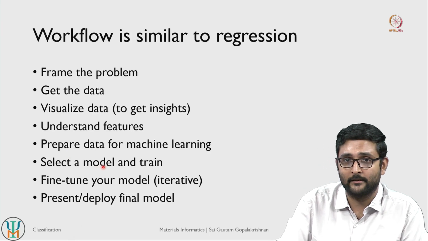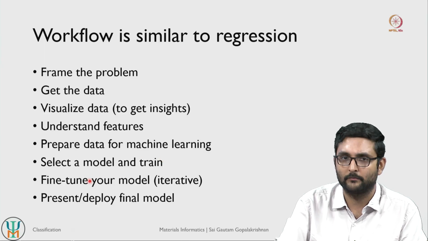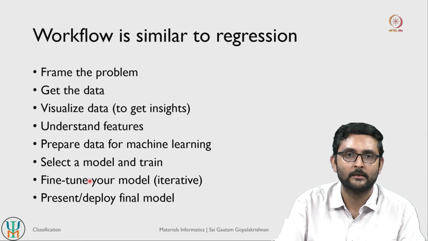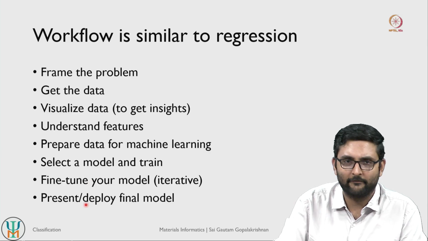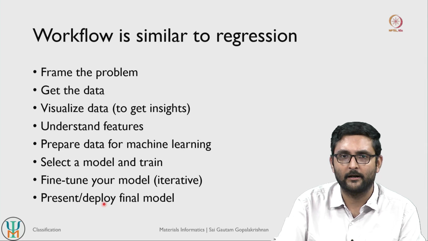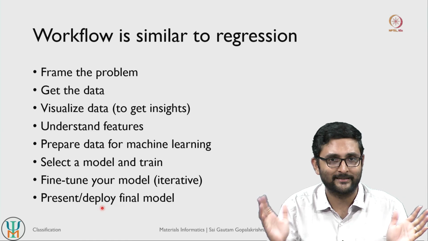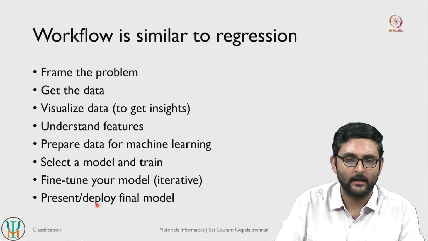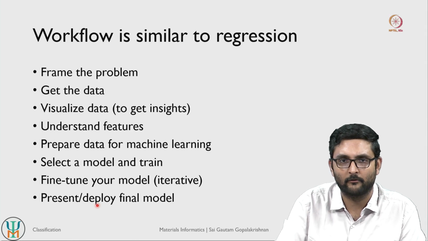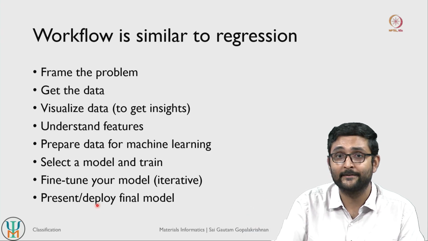And then finally you select a model and then you train a model. You basically use the fit function, and then you fine tune your model. So you optimize the hyperparameters associated with that model, either using grid search cross validation or randomized search cross validation. And then the final step is almost always to present or deploy your final model. So presenting the final model would be evaluating the model on a test set that the model has not seen at all, and reporting how the model is performing in that test set. Deployment can take again multiple forms, ranging from a simple scientific publication all the way to deployment in an industry setting, right.